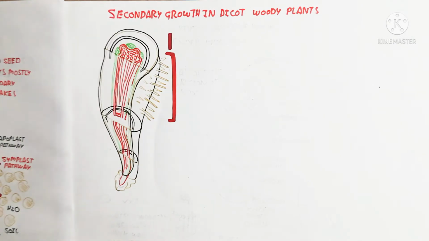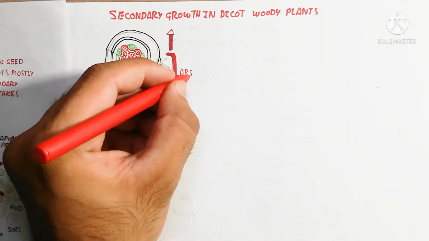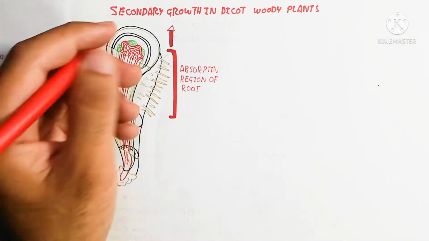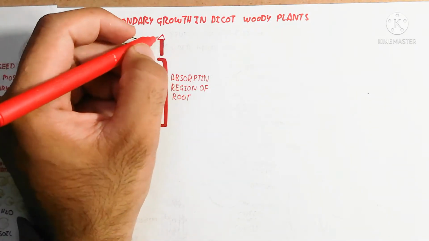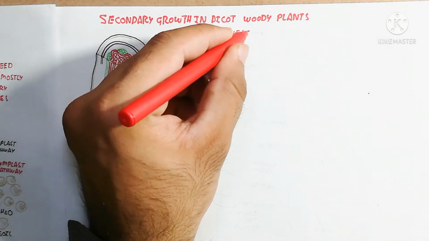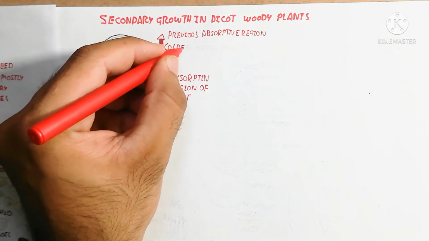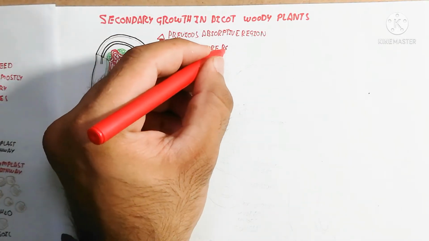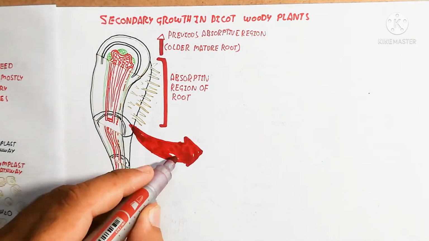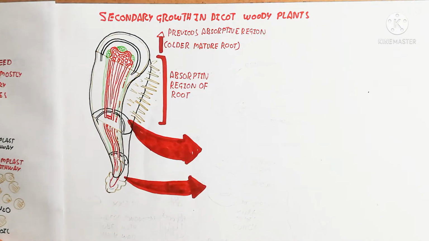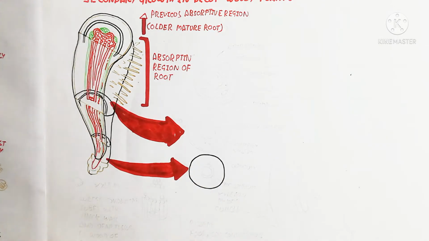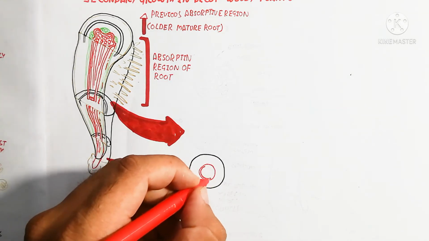The apical meristem is present in the root cap, which is used for invasion into the soil and movement of the root, because the root cap is more rigid as compared to the root. So here is the movement and absorption region of the root, while here is the older mature root, which was the previous absorptive region. But here we will discuss the development of the